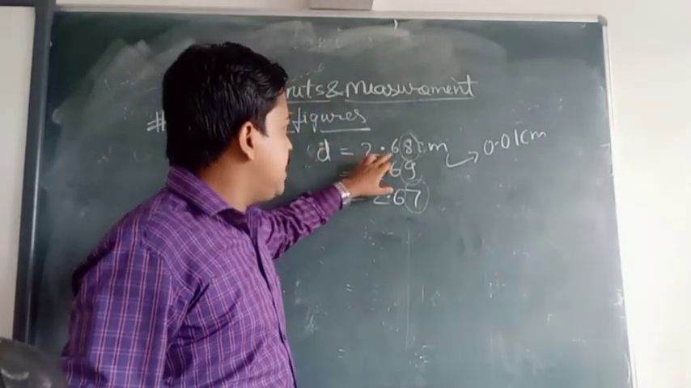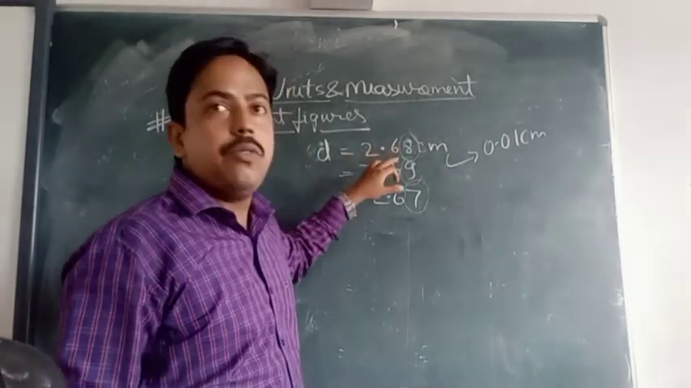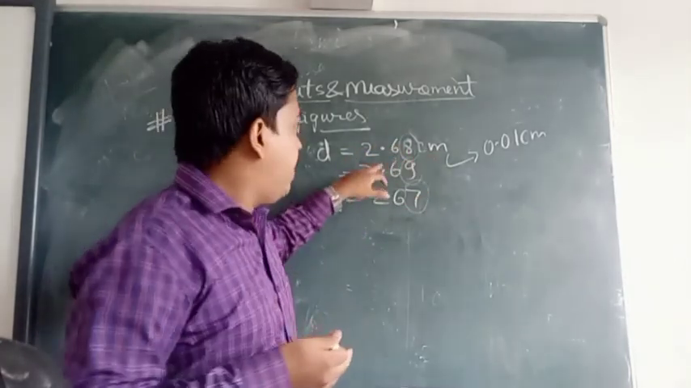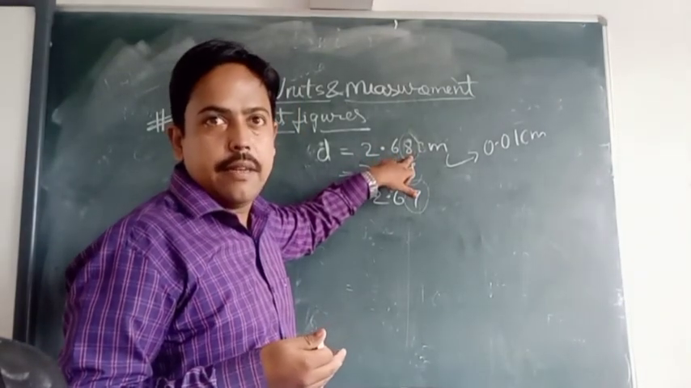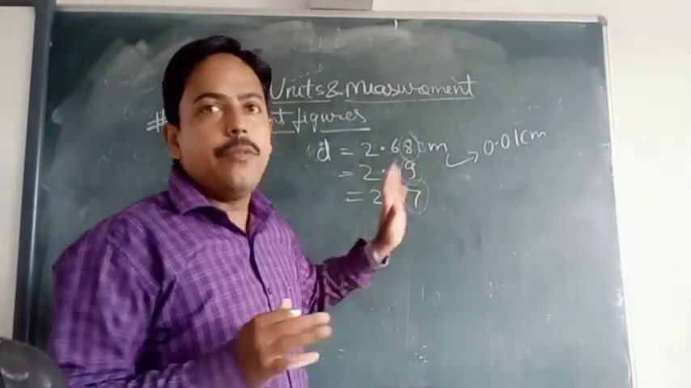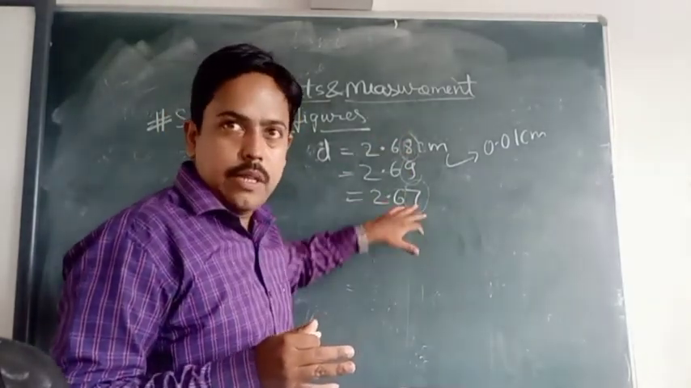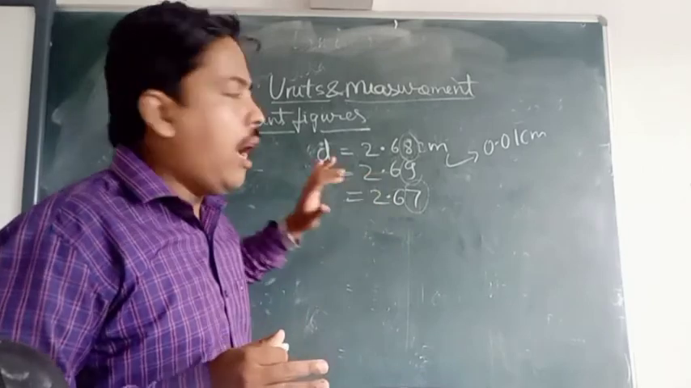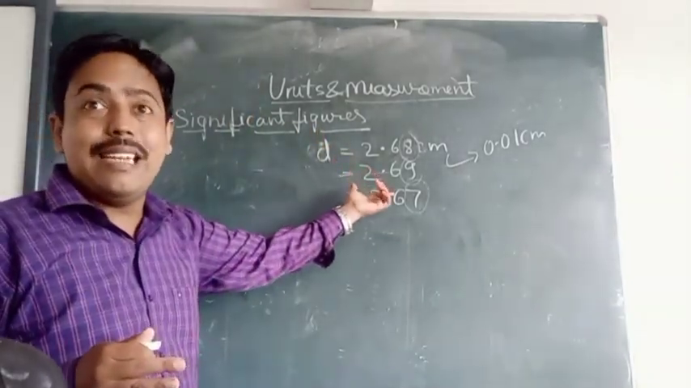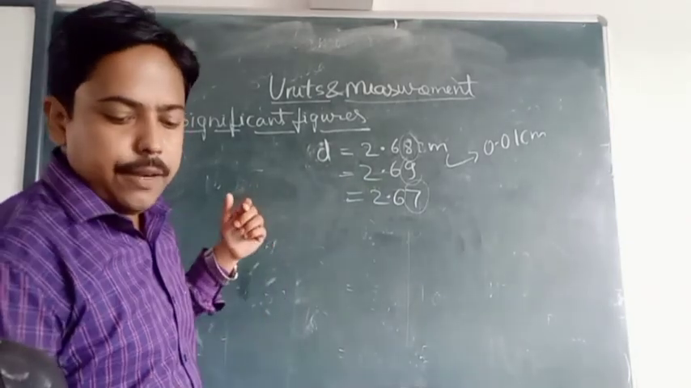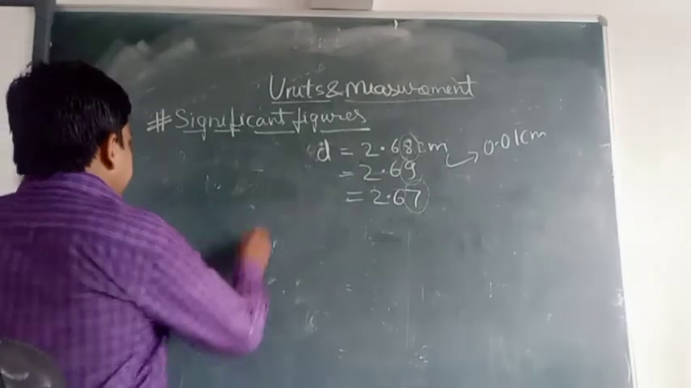So about these two numbers we are confident. But about the last digit, which is the second digit after the decimal, we are not too confident. That means we have a lack of confidence for the second digit. So how can we define what the significant figures are in our observation? Significant figures tell us about the number of digits